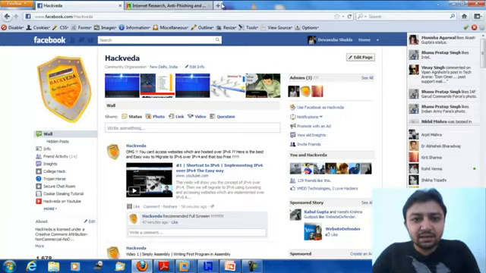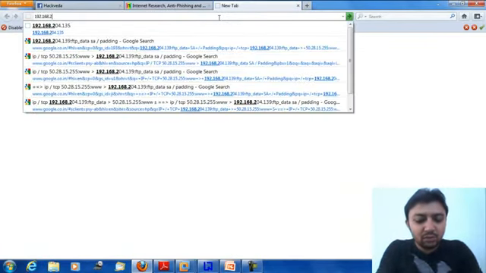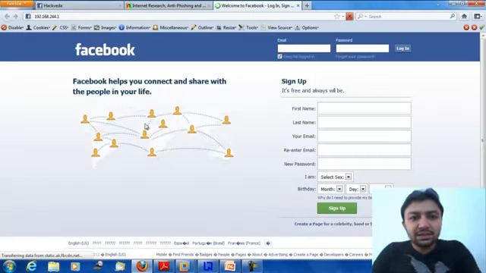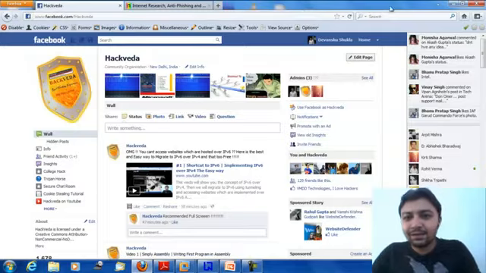We can access it by typing 192.168.244.1, and you all can see a page has arrived, which is a fake Facebook page. You all can mind it, it is just a website. It is not a phishing scam or anything like that.